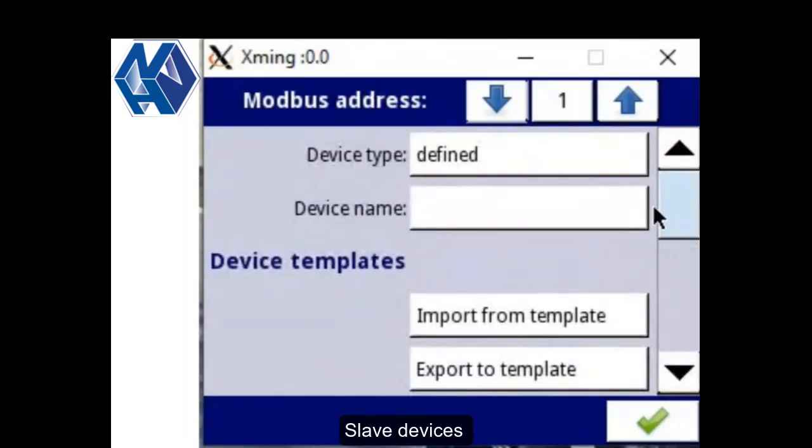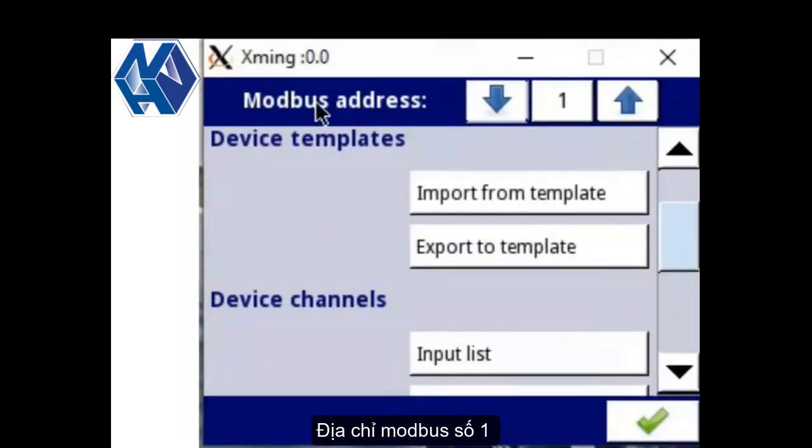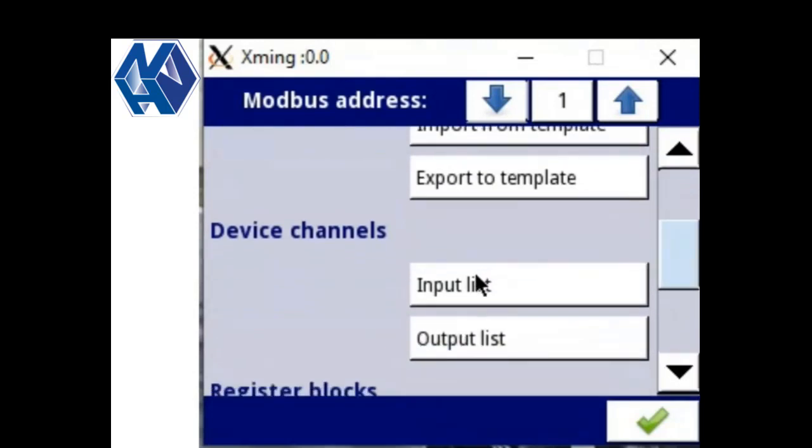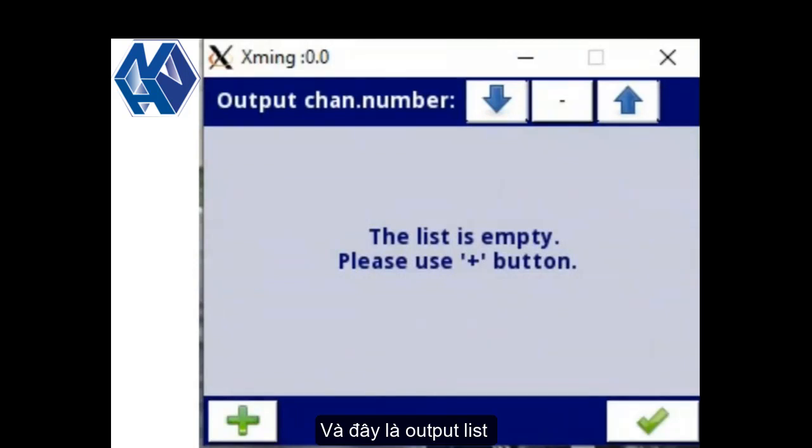Slave devices, Modbus address number 1, and this is output list. At the moment,